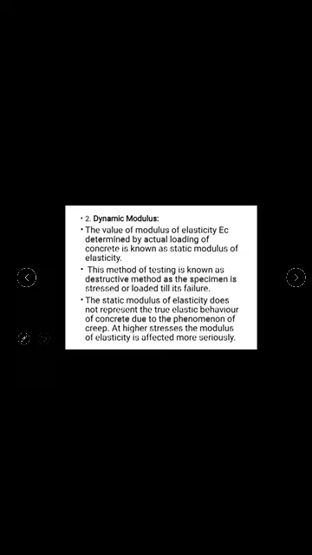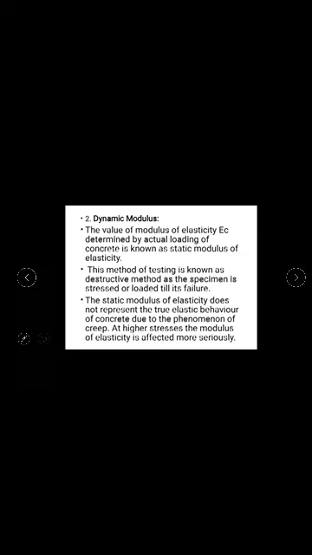So right now, when we are discussing the Young's modulus of concrete, the major point you have to keep in mind is that we will be considering the secant modulus, because the Indian standards have suggested we use the secant modulus. And what is the need for finding out the modulus of elasticity? Modulus of elasticity has a very important role on strength.